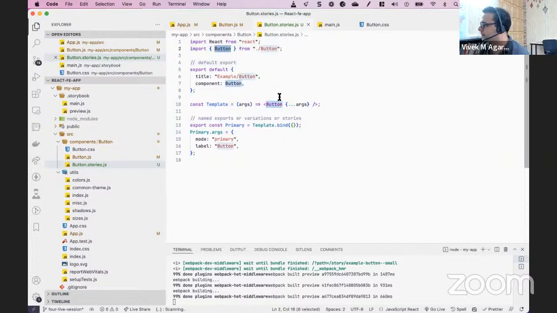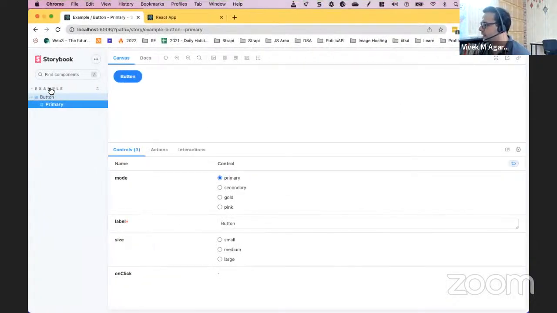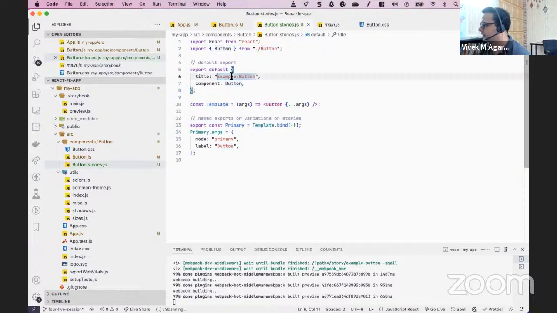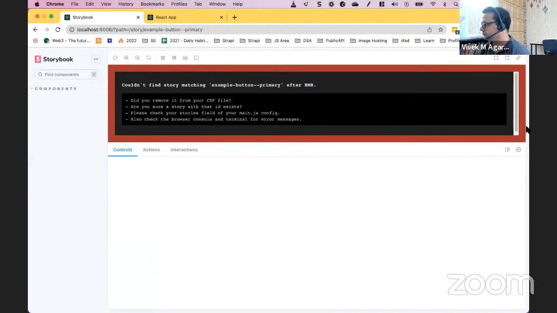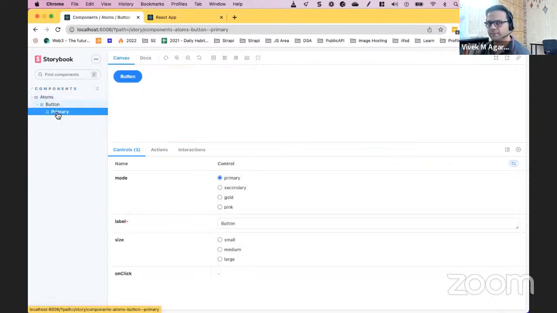उस बटन को इंपोर्ट किया और एक डिफॉल्ट एक्सपोर्ट किया, जिसमें हमने टाइटल दिया example/बटन। तो आप यहाँ पे देखोगे एग्जाम्पल के अंदर बटन है। अगर आप मान लीजिए यहाँ पे कुछ और दे देते हैं कि मान लीजिए कंपोनेंट्स atoms/बटन, तो आप देखेंगे कंपोनेंट्स के अंदर एटम्स है, एटम्स के अंदर आपका बटन है। ठीक है,